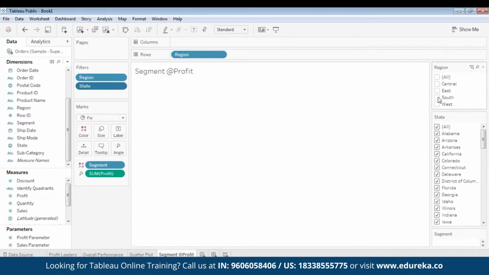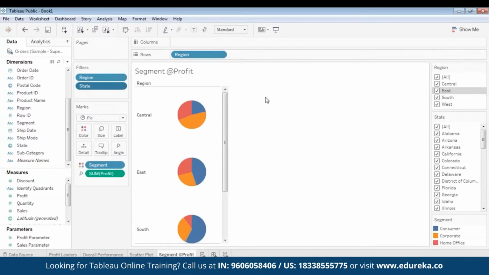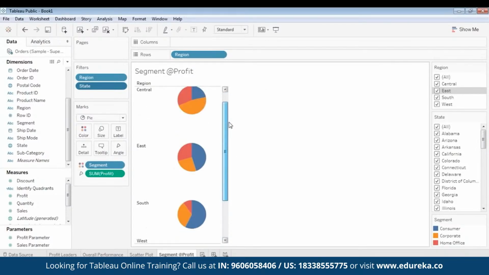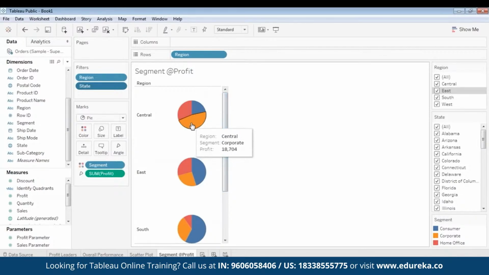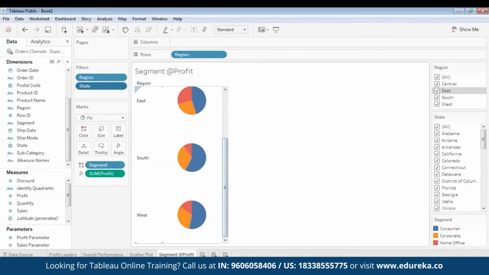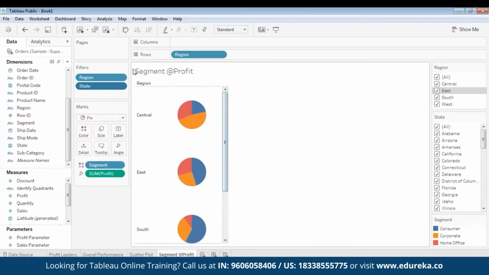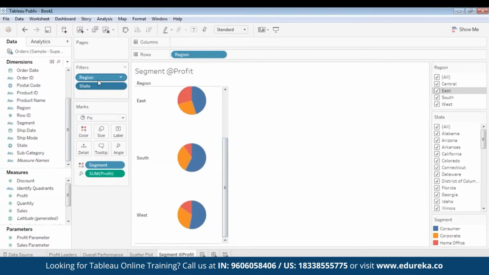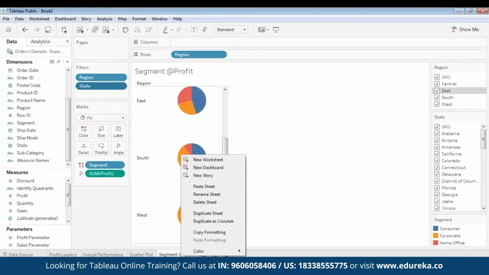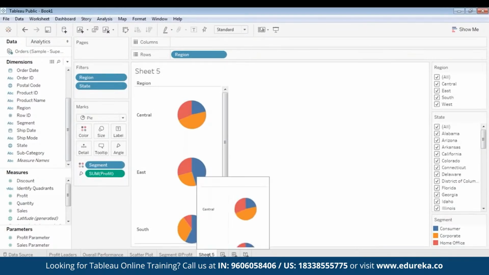So similarly for different regions, we can see which segment their market is in, right? Just like central has the majority of its market in corporate, and in west, the majority of the market is in consumer. So just like we have created this sheet for profit, we will create a very similar sheet for sales as well. What I'll do is duplicate this sheet, okay? I'm not going to create a new sheet again, and I will name it as segment